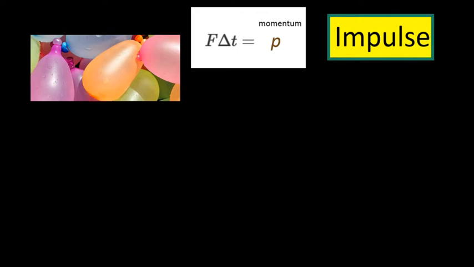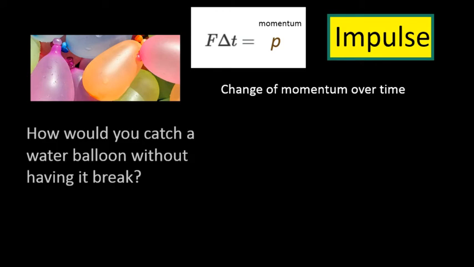Another aspect in this lesson is something called impulse. And impulse is a change of momentum over time. So let's say you're in a water balloon contest and you're trying to catch it without having it break, right? The water balloon's coming at you. How are you going to try to catch it? Well, you're not going to have a stiff, rigid hand and have the impact be very fast. You're going to have a soft hand and try to have the impact be very slow, right? So you're going to try to stretch out the time that balloon is striking your hand so it lands softly. So what we have here is